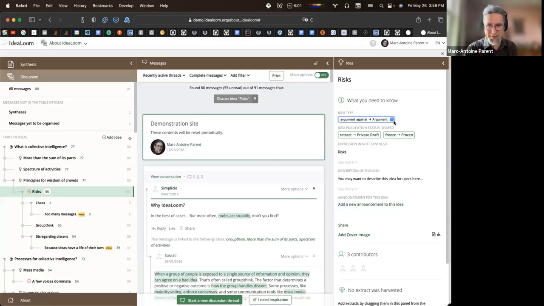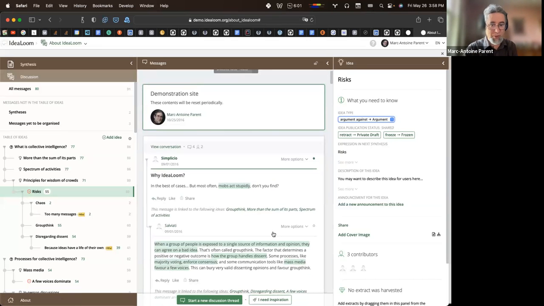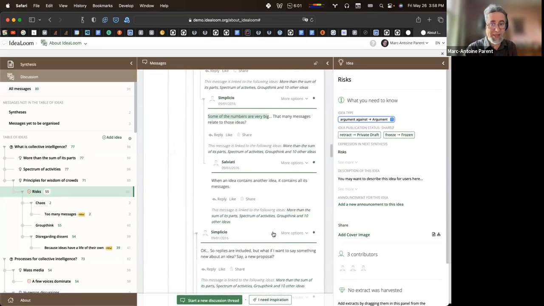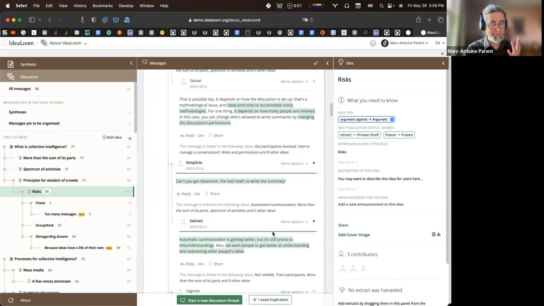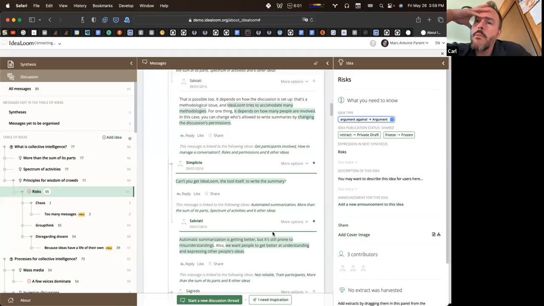Let's just look at the logic of, so we're taking posts from wherever, and I said I can put it to RSS, I can put it to emails, I should put it to web pages, but I haven't done that. I have a connection to hypothesis, but the hypothesis links don't come as links, they come as a kind of grab bag extracts. So I can have extracts in an idea that come from web pages instead of posts. That's not perfectly thought out. I'm not happy with it yet.